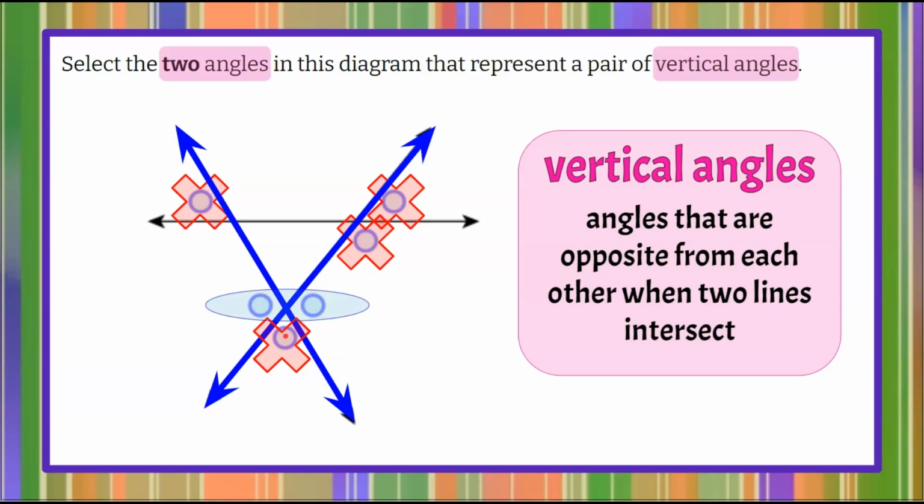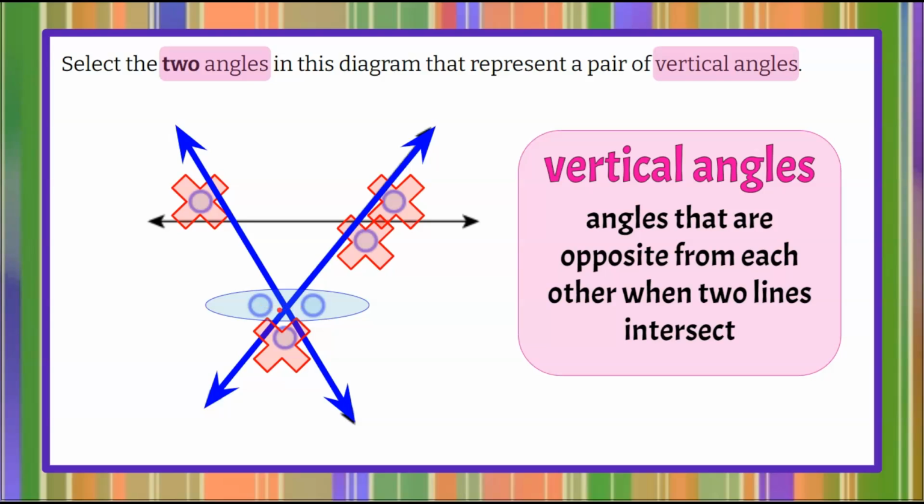Here we go, our last one and our best one. We have a blue circle here, and opposite we have another. So this is a pair of vertical angles. They are formed by a pair of intersecting lines, and they are opposite from each other on these vertical lines,